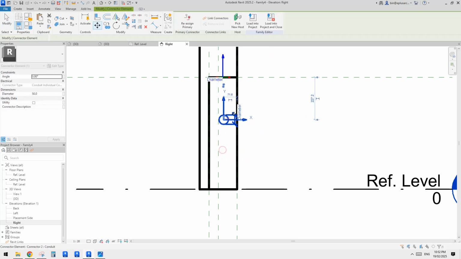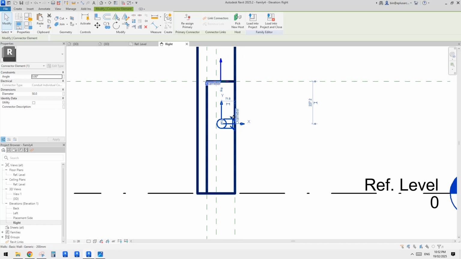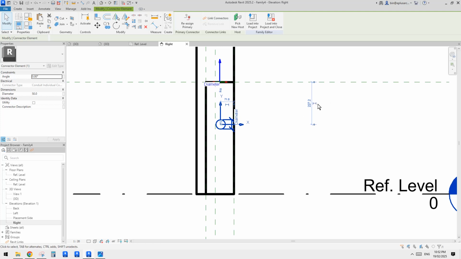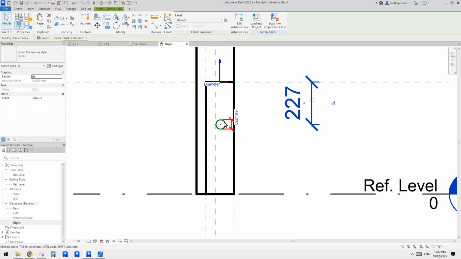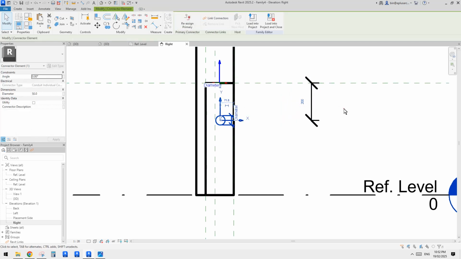You can move it, okay, on this. So which means, yeah, we can add some dimensions. So for example, we can just do this. So dimension this one from this reference plane. So for example, if I want this one to be 200 offset from the top, so I just